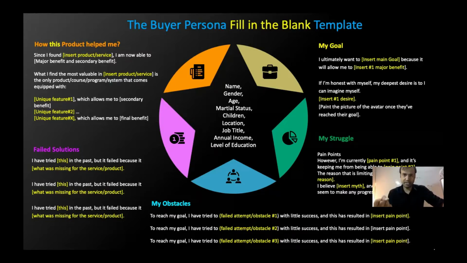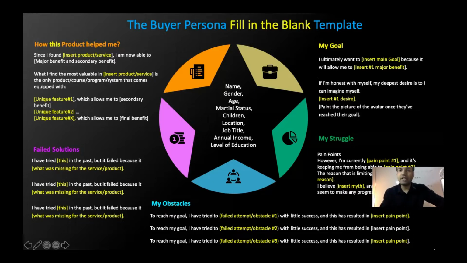Think about the marital status, how many children, and location: does your target audience stay in tier-two cities, metro cities, or at what location in India or abroad? Think about the job title or annual income. On the basis of annual income you cannot target in India, but in the US and some other locations you can. Level of education and all these things, right? This is the simplest thing which you have to note down first. And don't worry, I will give this template on day 3.